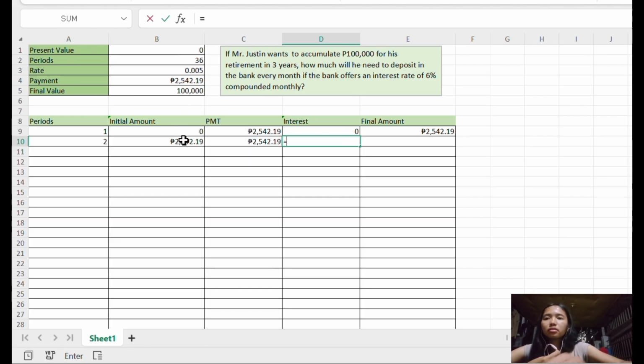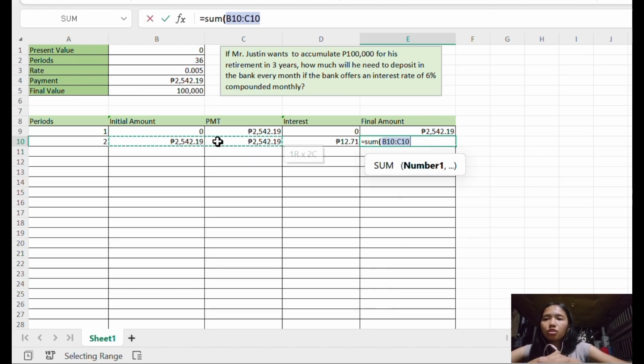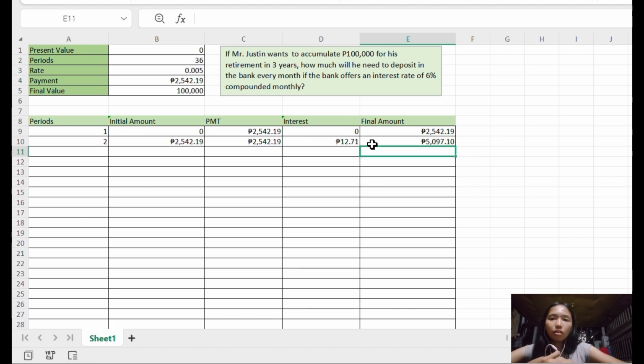In our interest, let's put an equal sign, then click the initial amount, then multiply by the rate. Let's do the same process that we did in the PMT. Let's put a dollar sign between B and 3 and then enter. So our amount is 12.71 pesos. In our final amount, let's do the same process. Let's type sum, open parenthesis, then click the initial amount, drag to the interest, and then enter. So the final amount of our second period is